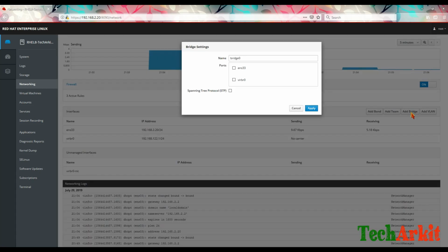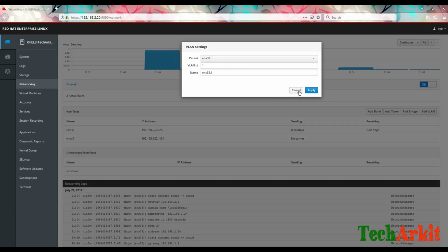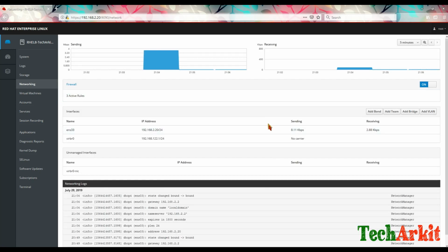The next one is bridge connection. Creating the bridge would also be very easy, and adding the VLAN would also be simple. So that's what the network management says, and you can also do configuration and monitoring by